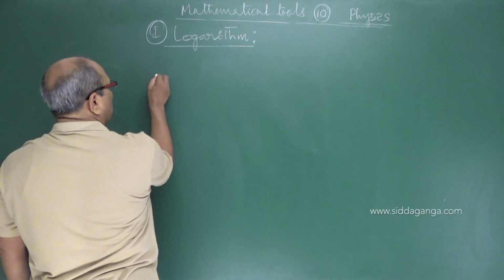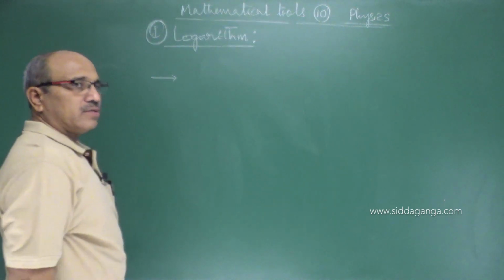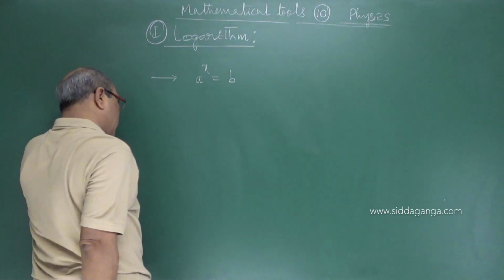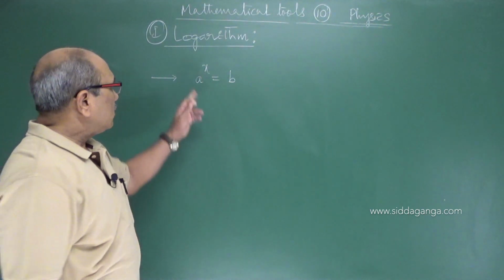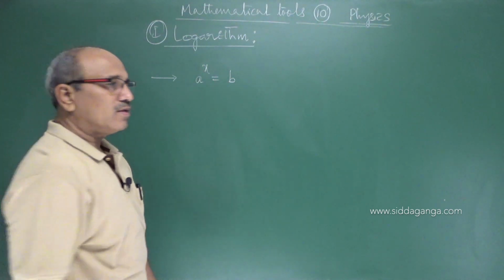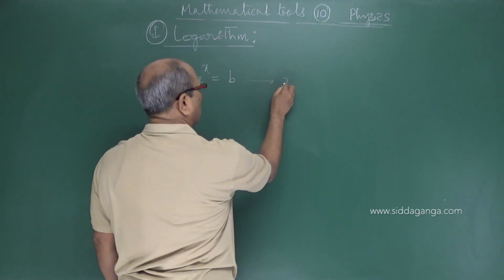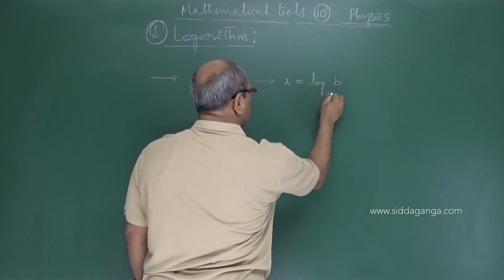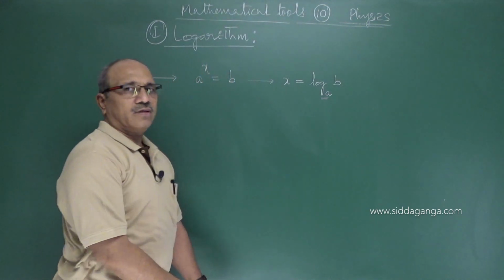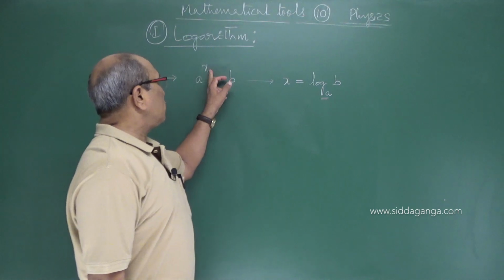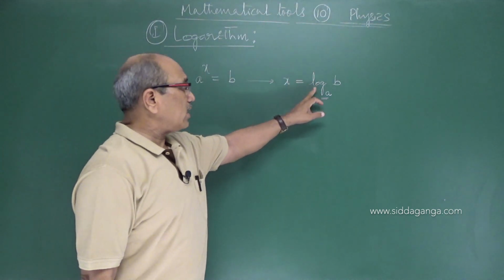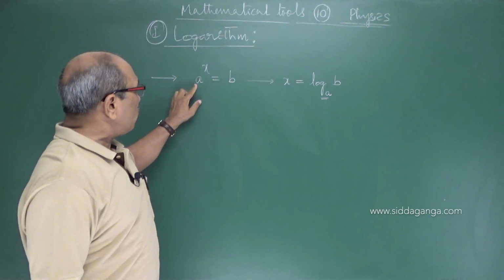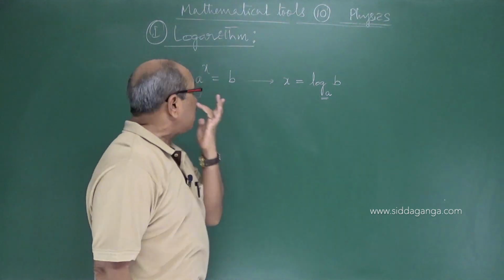Now let us understand what this logarithm means. Let us think you have a quantity a power x equal to b, a general equation I have taken. A power x equal to b. If I express this in log form, the value of x is the logarithm of b to the base a. You want the value of x: it is the log of b with respect to what base, we call it the base value, as log to the base a.